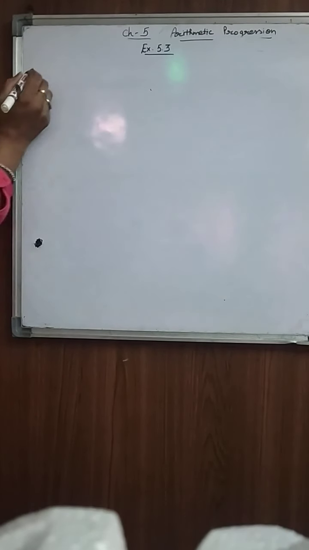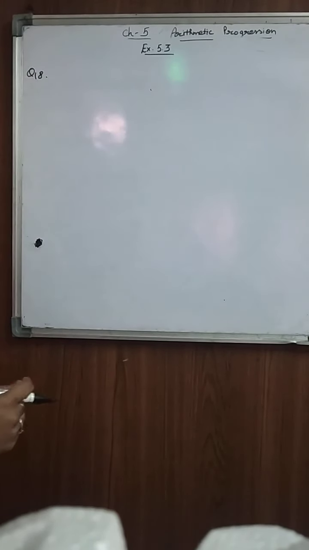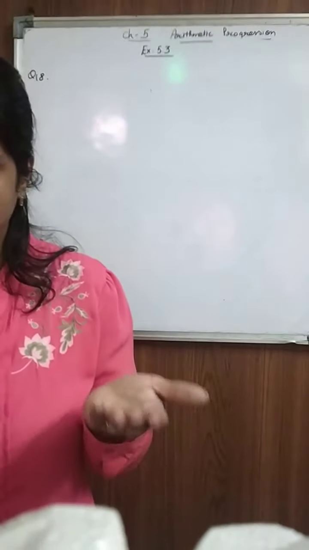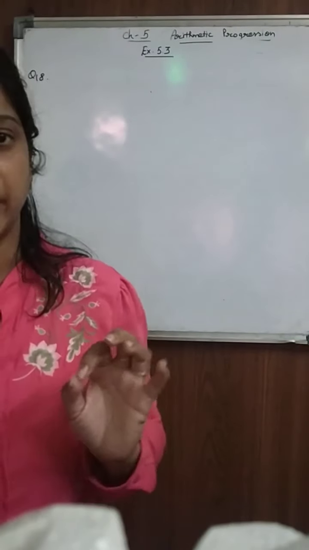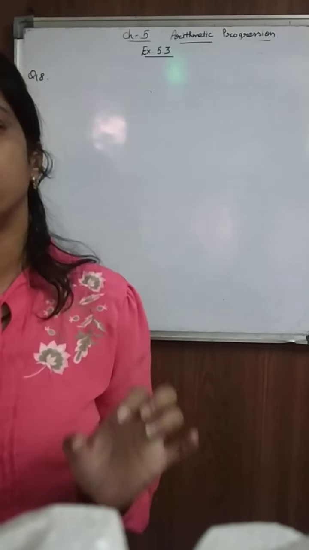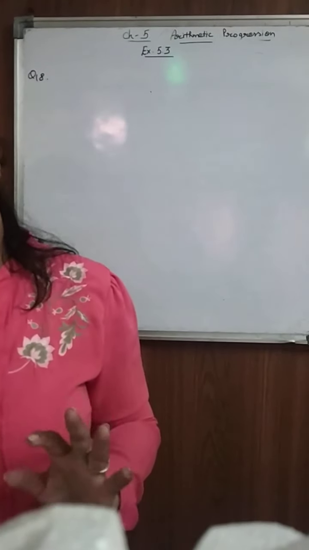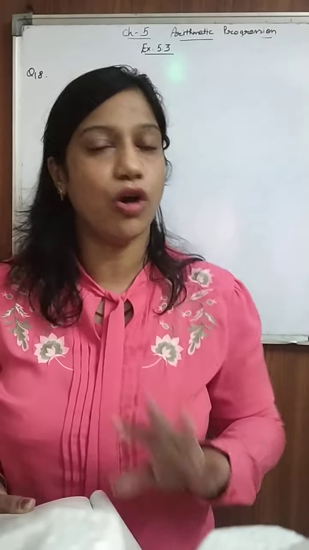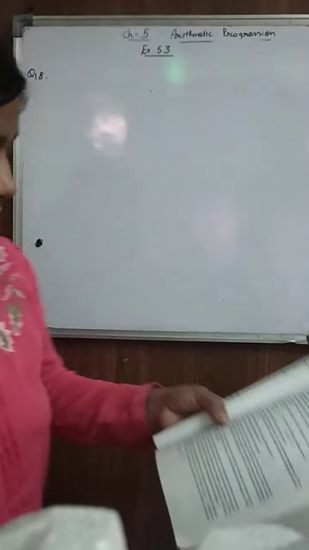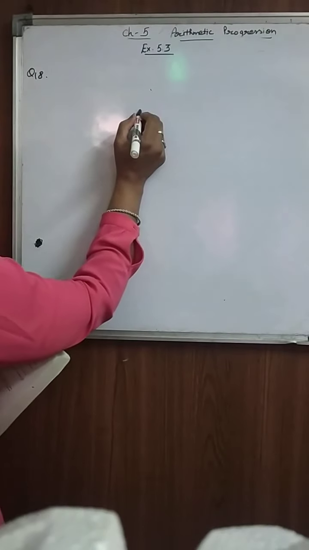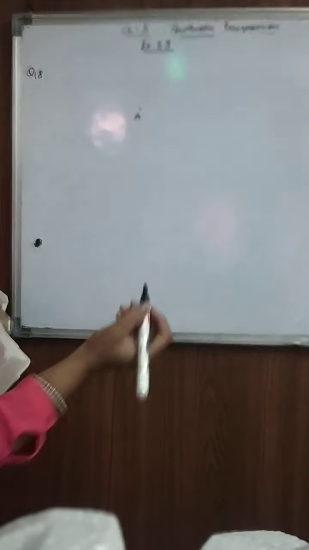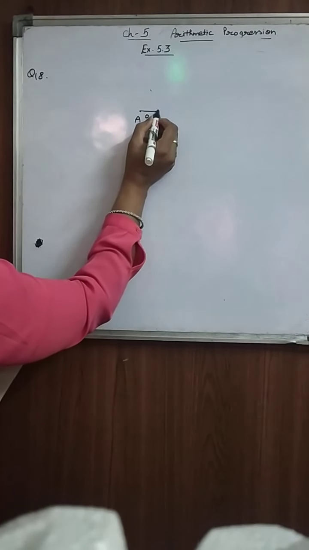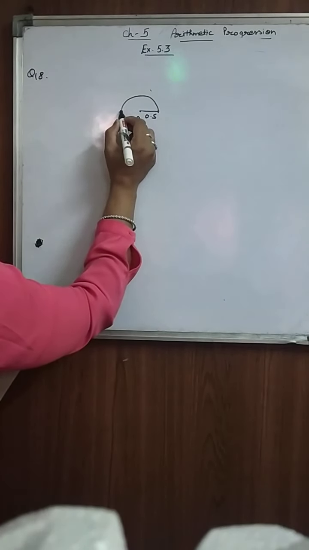The 18th question. It's given to you. A spiral is made up of successive semicircles with centers alternately at A and B. Try to understand this question carefully and slowly. This is your important question, question number 16 to 20. All are very important questions. Let's come to this. He is saying a semicircle, if A is the center, you have to open your compass 0.5 centimeter and draw a semicircle.